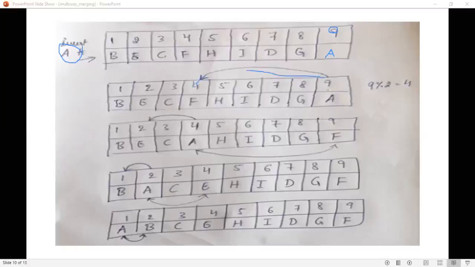Okay, now at 4 you have F, and at 9 you have A. Now since A is less than F, you have to exchange these two. That is, you have to move A to the 4th index and F to the 9th index. Okay, and then next what you have to do, again here you have to find the parent